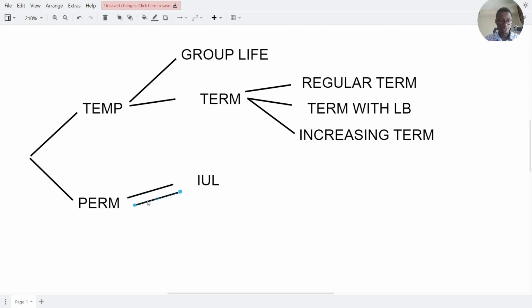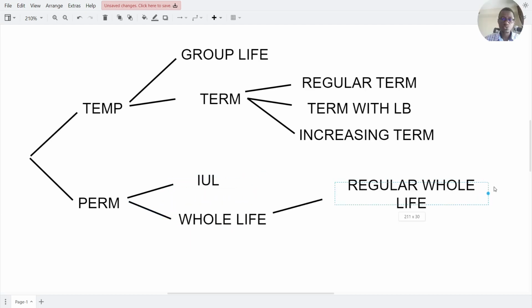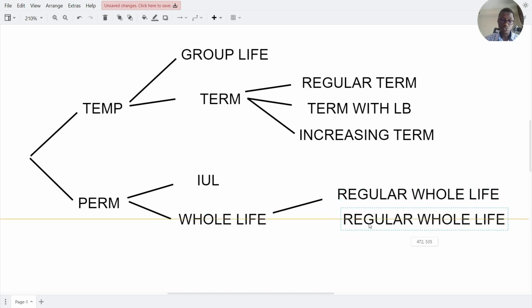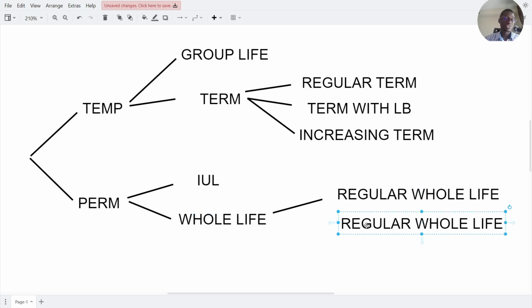Now, the second and last major category or type of policy that we'll talk about when it comes to permanent policy is whole life. So with the regular whole life, what happens is, right from the start, you know the premium, and the premium is going to be fixed for the entire lifetime of the policy. The insurance company is going to give you a projection of your cash accumulation. So it's going to be a guaranteed cash accumulation. So you will know in 10 years from now, right from the top, how much cash you'll have in that policy. Now, this is not necessarily the most used policy when it comes to cash accumulation and flexibility.